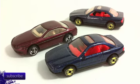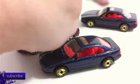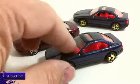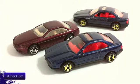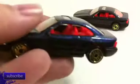It'll be interesting. But we did get an answer on the mystery car, or it was kind of a "do you know what this is" car. I don't remember if it was officially a mystery car. There were two of them. There was this burgundy colored one and this guy. I actually dug up another one of this blue one. And it seemed like a few of you knew what it was, but the first person that told me what it was DJ89 SSE, and he explained that the blue one here was a BMW